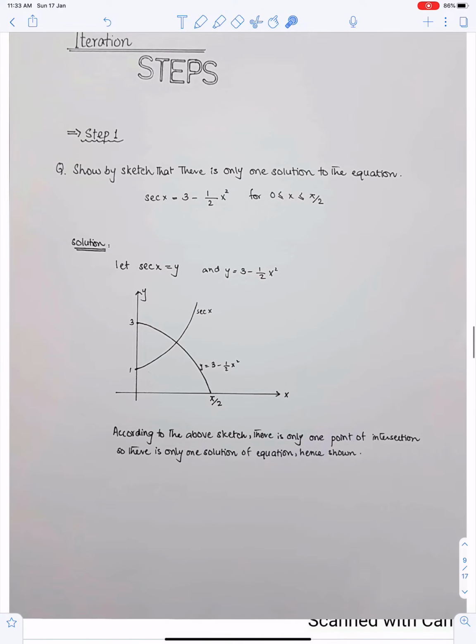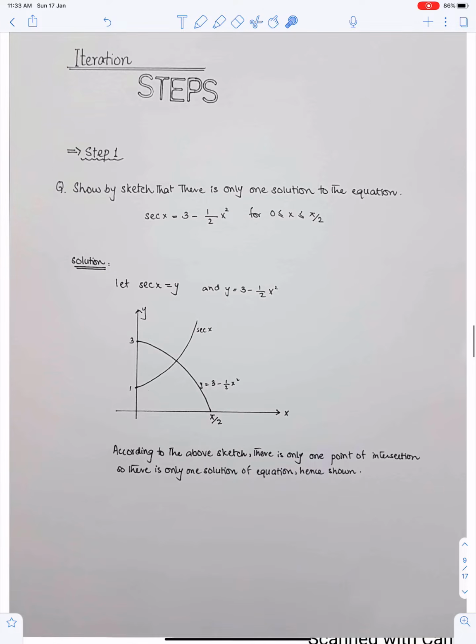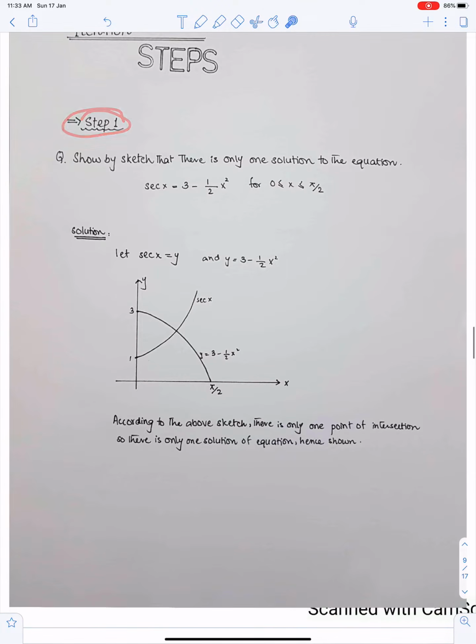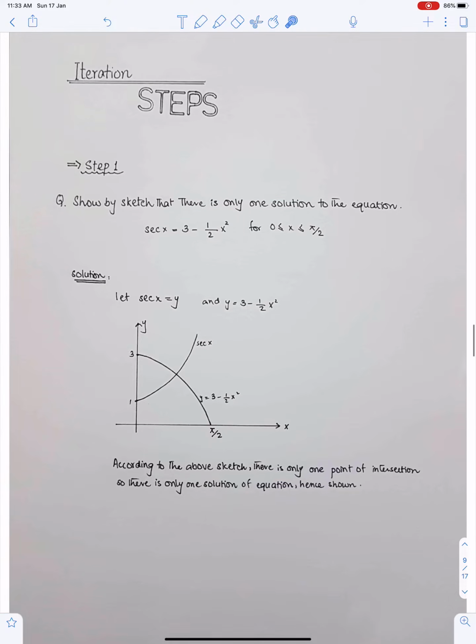Steps for iteration. Iteration means numerical solutions of equations. Step 1. Show by sketch that there is only one solution to the equation. We have to sketch these two functions for this domain, and we have to show that there is only one point of intersection. There is only one solution means there must be just one point of intersection of these two graphs for this domain. So this is sec x,